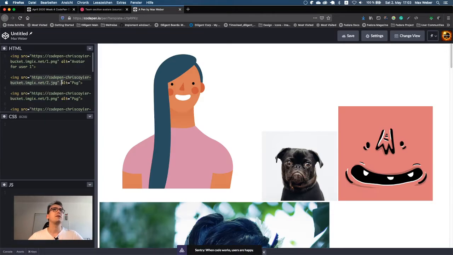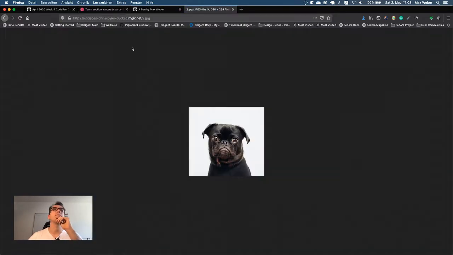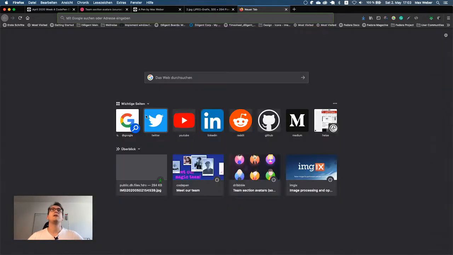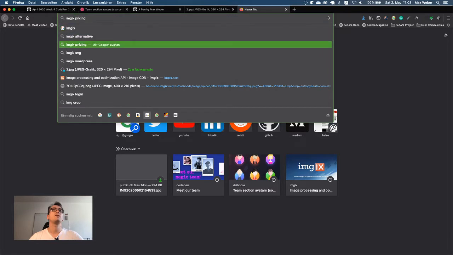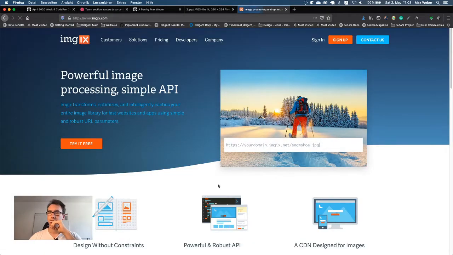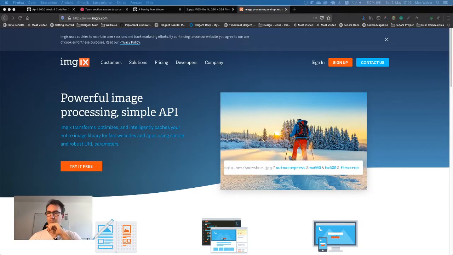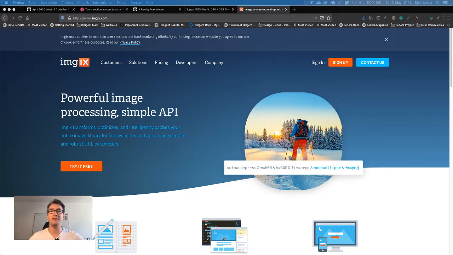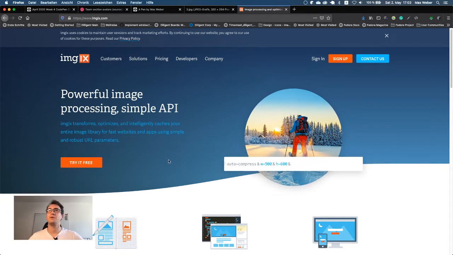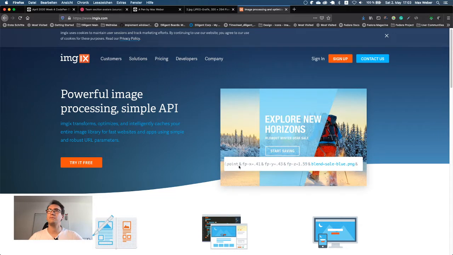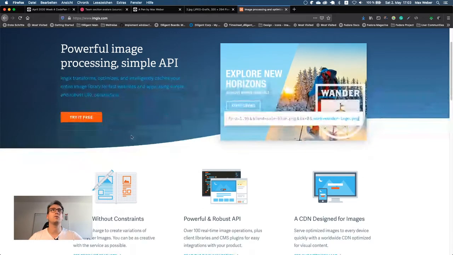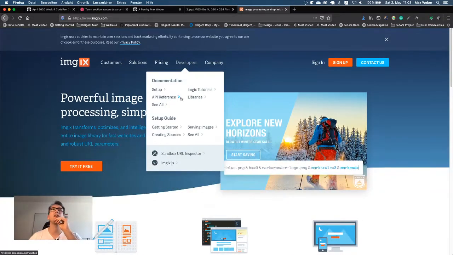So let's have a look. We get that by HTTP CodePen. Let's see what we get here. Yeah, cool. And if this is right with that Imagex, let's have a look. Imagex, here we go. I'm looking forward if the result is working for you more, Randy. Would be great. So we have auto compress that makes the image size smaller, I think. And then, okay, that is quite fast. Maybe we have a different API for that.